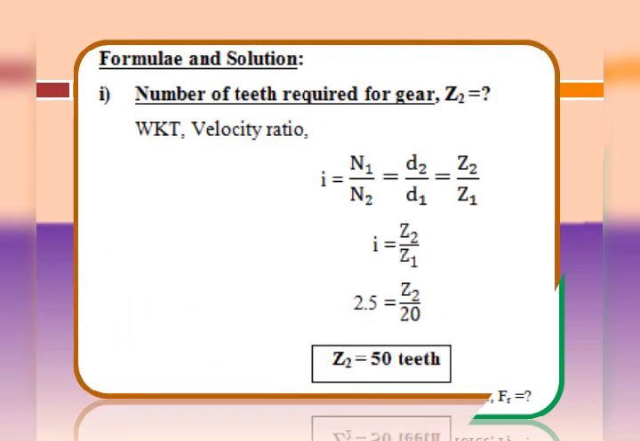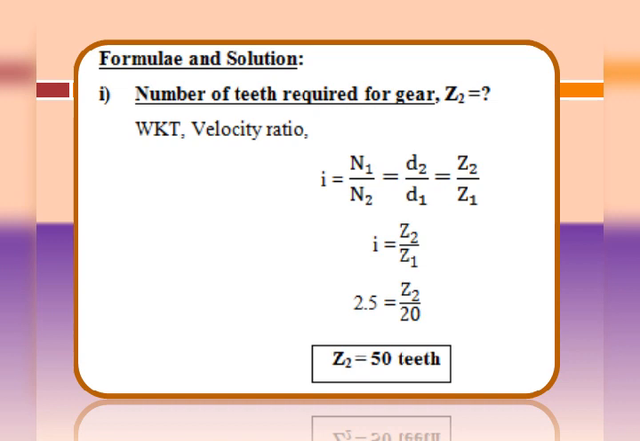Soon after listing the given data as well as the various unknowns we are supposed to find, now we'll switch over to the solution. In the formula and solution, the first unknown, number of teeth required for gear Z2, is equal to question mark. Here we know velocity ratio or transmission ratio or speed ratio i, that is given by the ratio N1